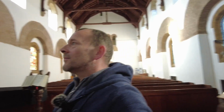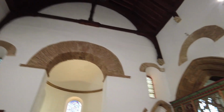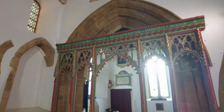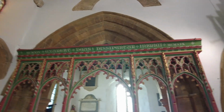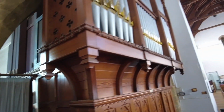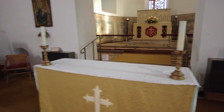Wow. Beautiful pipes for the pipe organ. I'd love to have a play on that. But yeah, look at this. It's so simple, isn't it, really? That's what the thing was saying back there. Just simple architecture. The arches there are a little bit more flamboyant, I suppose, would you call it? Detailed. But look at this. What a machine. Wow. And obviously this is where the vicar, priest,